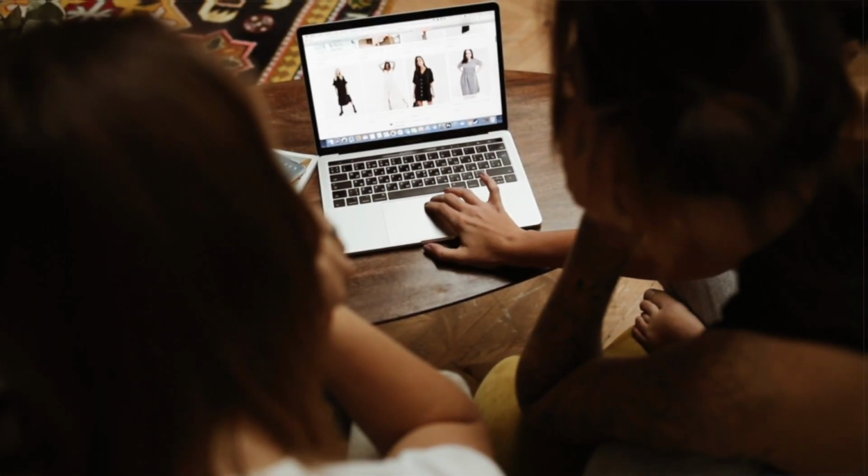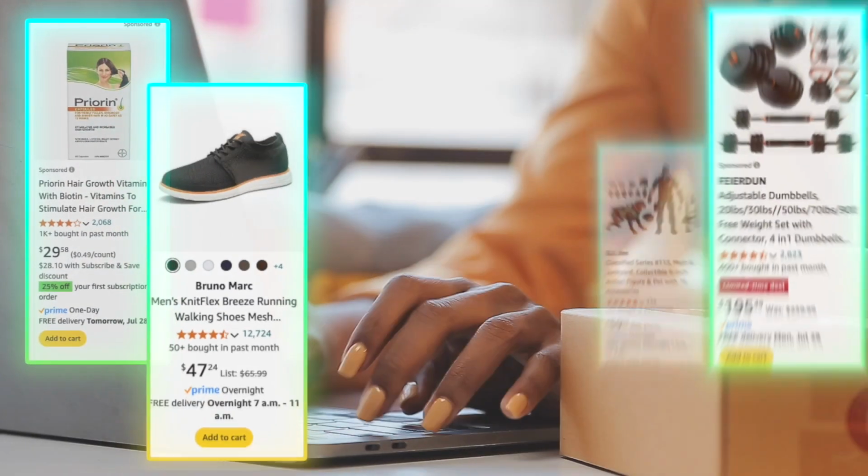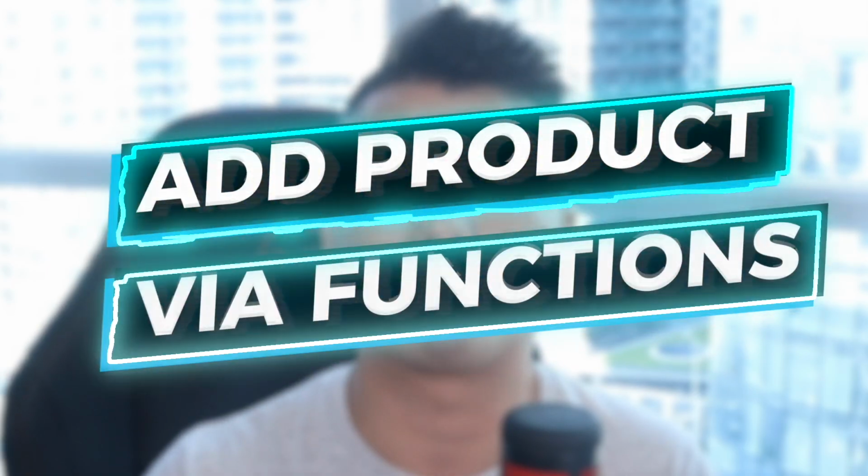Have you ever wondered why some advanced Amazon sellers and agencies can manage hundreds of listings all at once? Well, the secret sauce is not so secret, and that is to use Seller Central's Add Product Via Upload function. If you want to learn how to create and update Amazon listings in bulk and also save hours of your